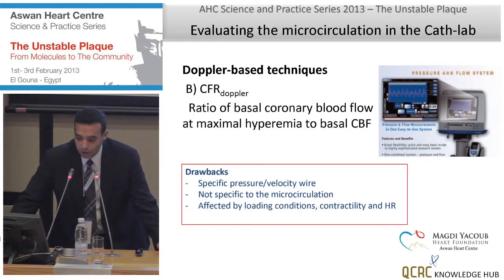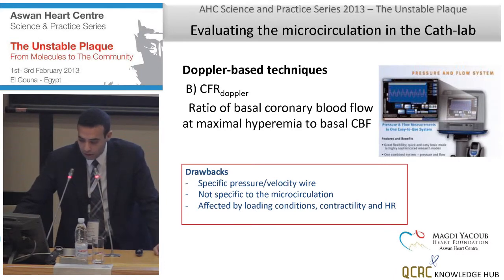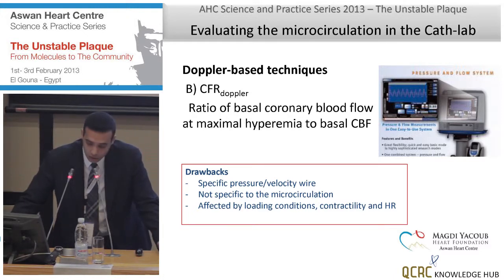This has led to the development of coronary flow reserve using Doppler techniques, and this is a combo wire with both pressure and Doppler sensors. And coronary flow reserve, as Dr. Senior was mentioning, is the ratio of coronary blood flow at maximal hyperemia to basal coronary blood flow. Now, the drawbacks of this particular technique: it needs a specific platform, a combo wire. It is not specific to the microcirculation, as with all CFR measurements, and it is affected by loading conditions, contractility,